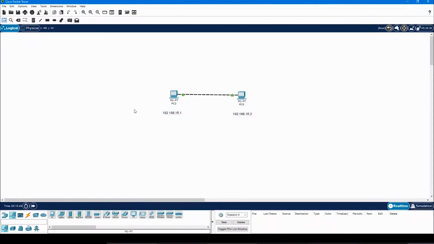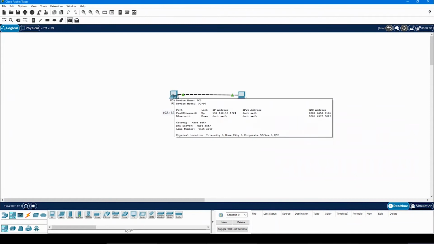So how can we test if these PCs are now connected together or not? We will use another tool here, add simple PDU. PDU stands for protocol data unit. We will discuss this more in the OSI model. So as of now, you just have to click here and you will see a message appearing on your cursor.